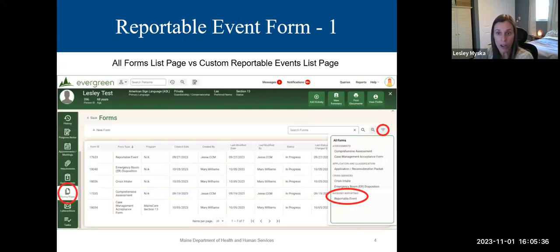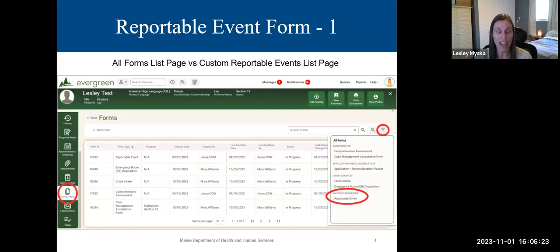During today's webinar, we will cover both the reportable event form and progress notes. Both of these forms and notes have been enhanced for more standardized and consistent data capture, and the reportable event form specifically to align more closely with the CMS critical incident reporting requirements and make it easier to identify trends in reporting. Please note that I will be providing a very high-level overview and may not point out every field or feature on each of the slides that are being presented today. However, there will be plenty of time for you to explore the system between now and January. And also,